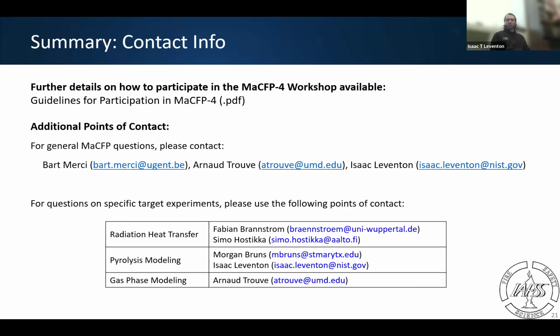There are several other committee members, both on the solid and radiation side, and I believe radiation gas phase too. Many of them are more knowledgeable than me, and hopefully they can help field questions as you have them too. You can unmute yourself, you can raise a hand, you can type something in the chat.